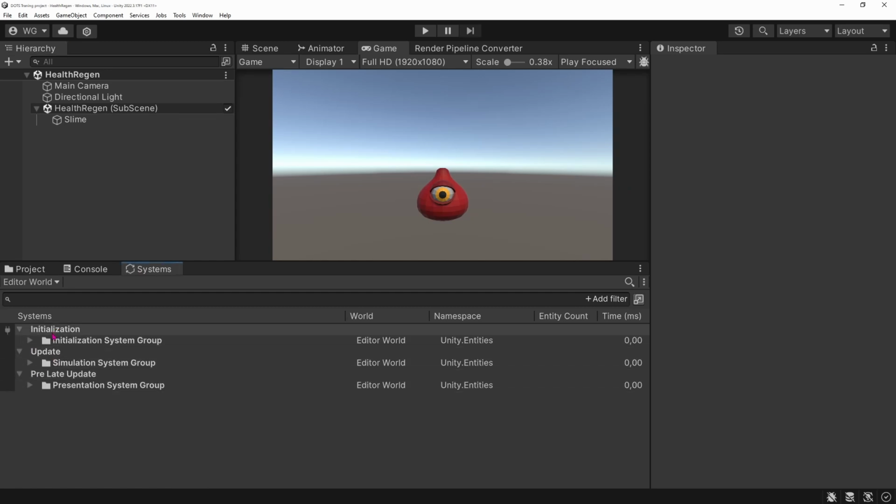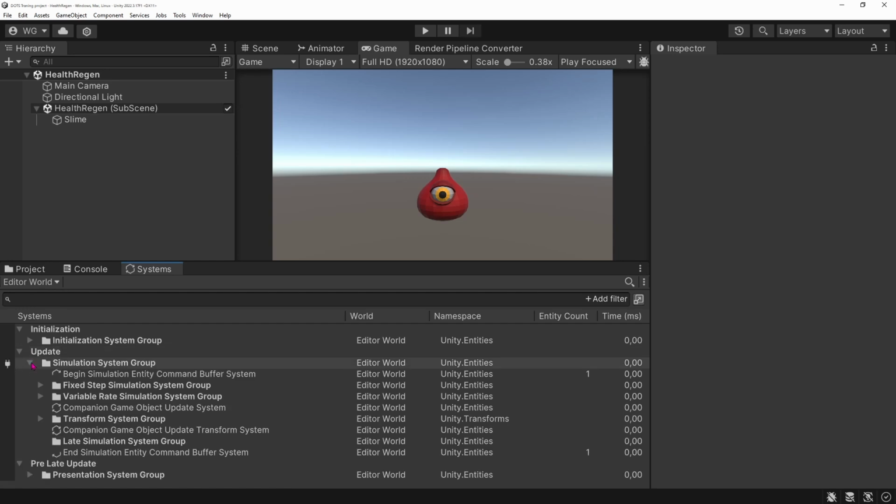We can see we have the initialization, update, pre-late update with the presentation system group. In the simulation, we have a bunch of systems, including the transform system and fixed step simulation system. So all of this is your player loop or your game loop. ECS gives you much more control on the execution order of your actual player loop than Unity did with game objects.